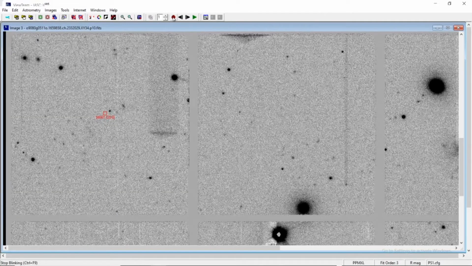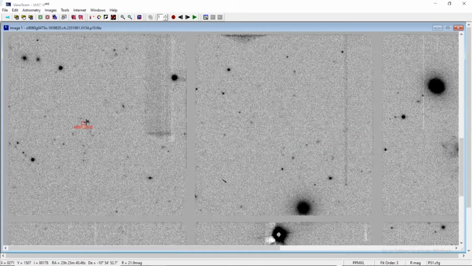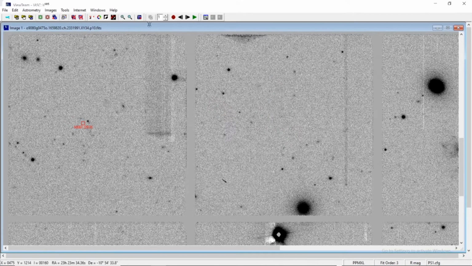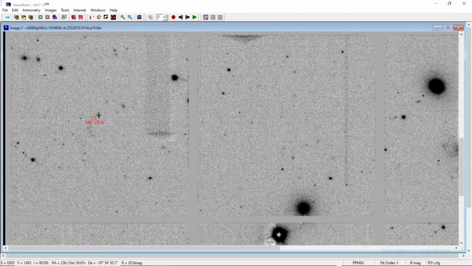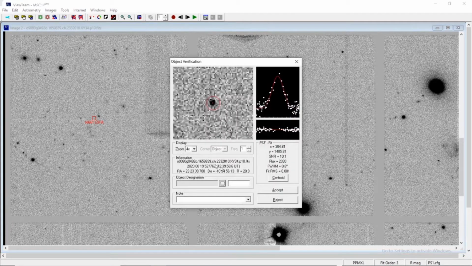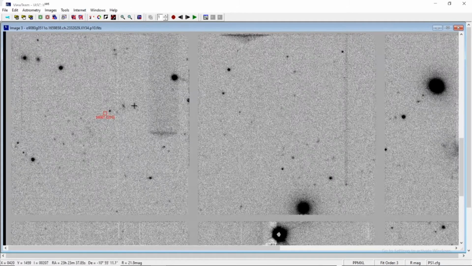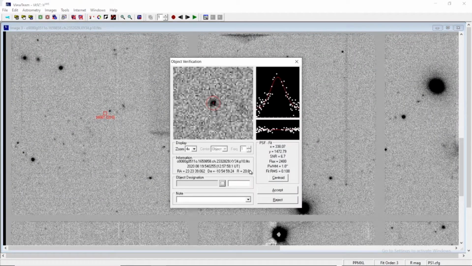Now here let us go for the image analysis. I am telling you this is image number 1, B0661. It is a lowercase b followed by this. So graphs are good, SNR is acceptable, R is 21.0. Move to image number 2. See now 20.9. So it's a variation of 0.1. SNR is good, graphs are good. Again you see 20.6.